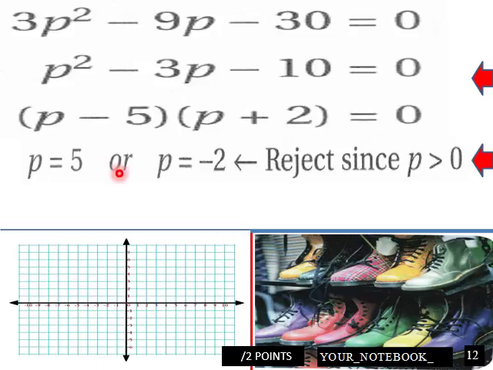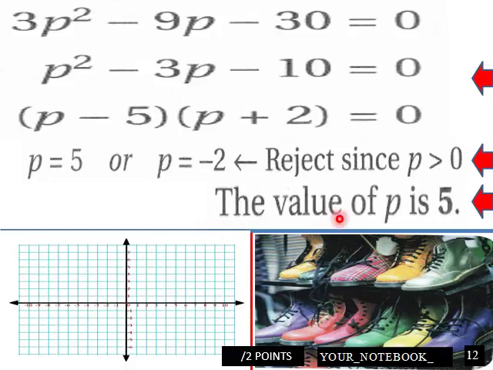P equals 5 or p equals negative 2. Reject, since p has got to be greater than 0, so the value of p would be 5, would be one of the intercepts here where this curve would intersect the